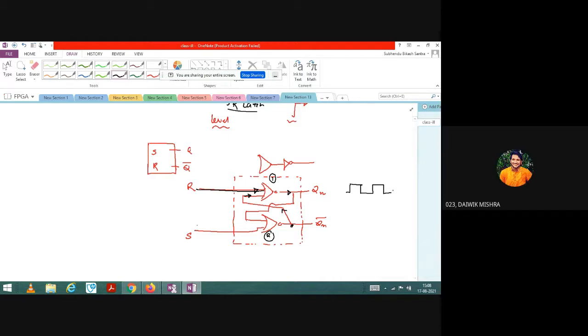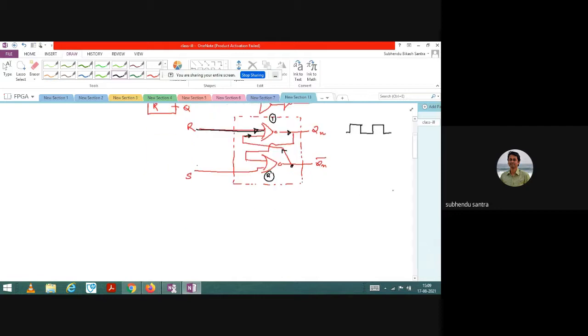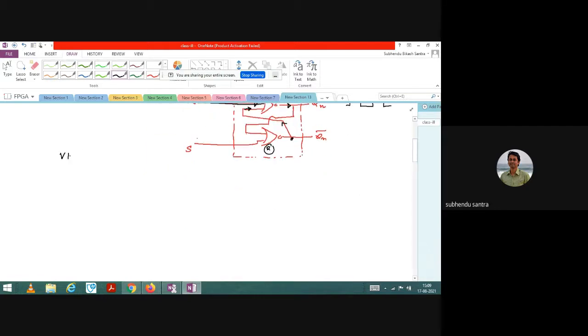Yes, sir. So in that case, I will start writing, and you please try to understand. If you write VHDL code for this, I'm starting from the entity part. The library part you can write, library is similar. Entity, let us say SR.